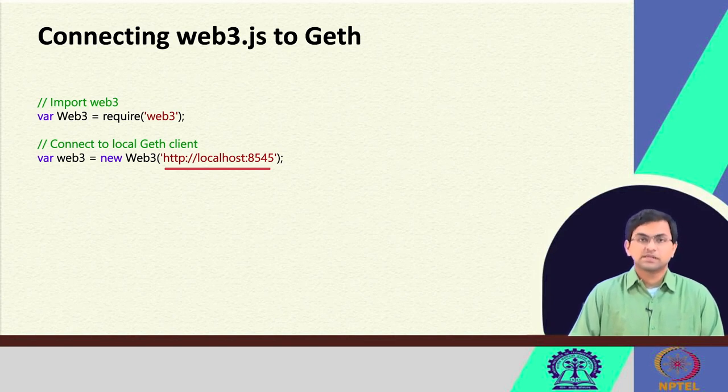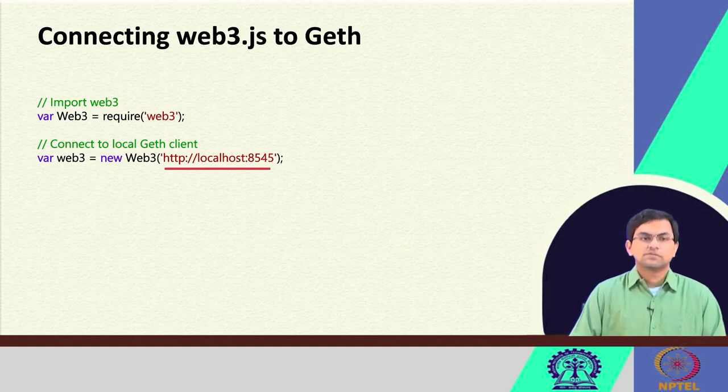Now the next step is very important. How would your Web3 application connect to the Go Ethereum client which is running? Web3 itself cannot connect to the Ethereum network directly. As we just saw in the previous diagram, Web3 connects to the Go Ethereum client, which is connected to the Ethereum network. The Go Ethereum client can expose RPC over HTTP API, and we will be using that to connect Web3